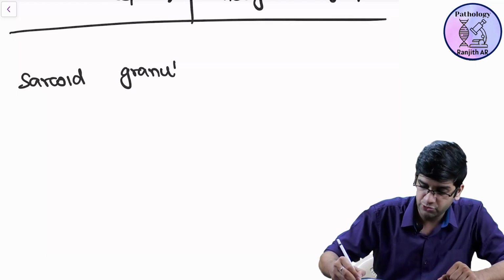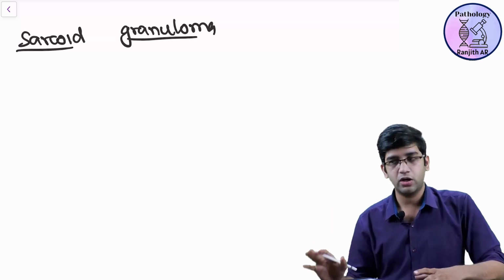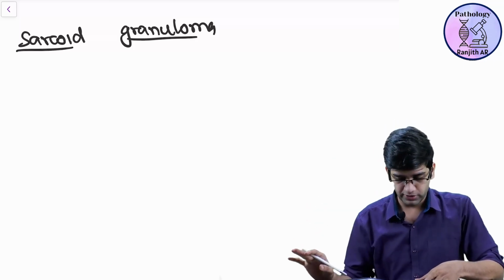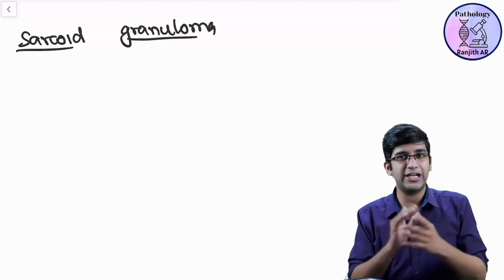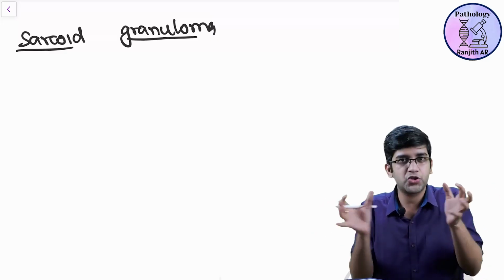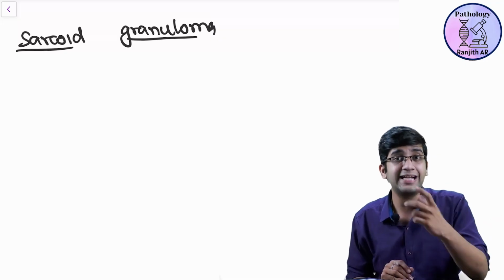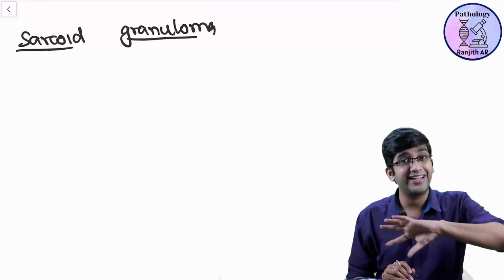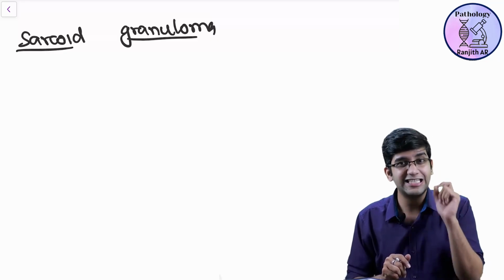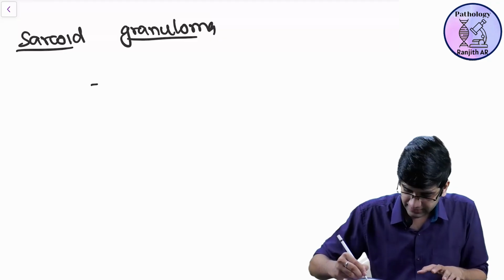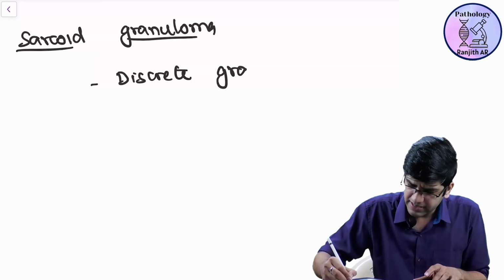How a sarcoid granuloma is special from a tuberculous granuloma is what we are going to see. You must have read in your surgery that TB granuloma forms coalescing granulomas. All the small granulomas coalesce and the entire lymph node will be involved. Not only the lymph node, the periadenitis also will be there. That makes it matted. Sarcoid is not like that. Sarcoid granulomas are discrete. That's my first finding.